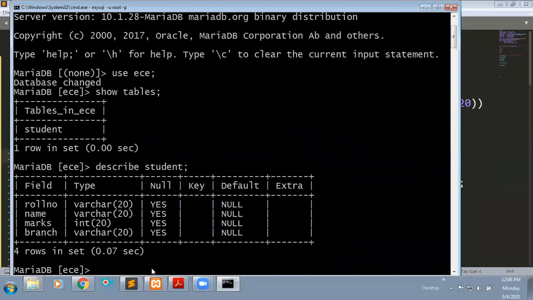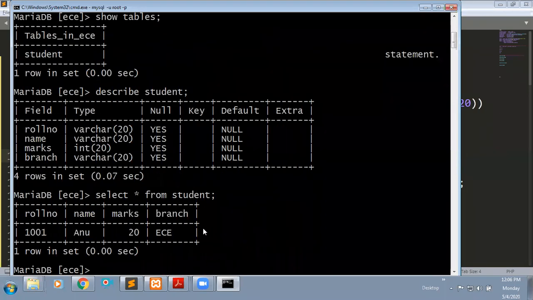Now, if you want to see whether there is any data within that table, one query you need to give to the database, that is the select query. If you want to get the data from your table, star means all. It will give the total data from your table. Select star from table name. You need to mention the table name here. Then enter. For example, within this table I don't have any data.